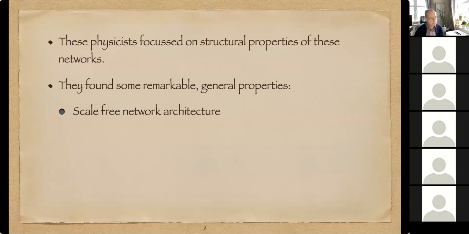It doesn't matter what we are describing. In social networks we always have huge numbers of very weakly connected nodes. And then we have a few extremely highly connected hubs, as we can call them, like Google, like Facebook on